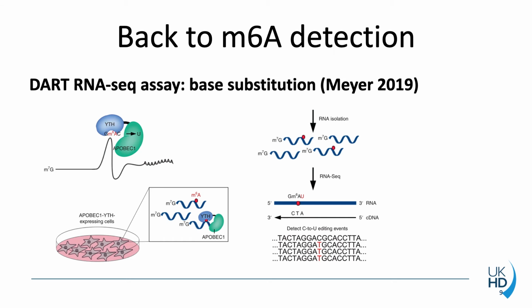The other approach that we are looking at today is DART-seq, and that is based on a fusion protein, which is basically a transgenic approach where we introduce into a cell of interest a YTH reader domain that recognizes m6As fused to a base editor, which is in this case an APOBEC1 protein that turns a C into a U, which is nearby. So if you turn this approach into a next generation sequencing library again, that would mean that if the reader protein recognizes an m6A site, a nearby C to U editing event should be detectable. Okay,